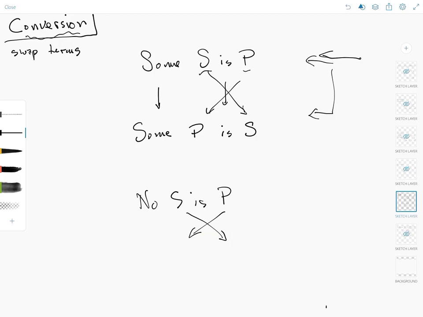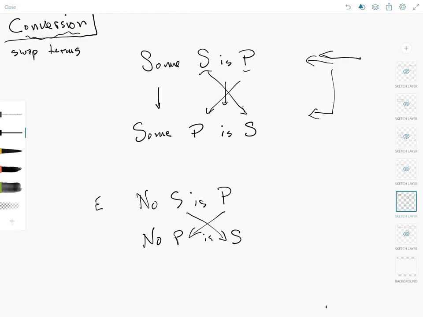So the quantity and quality will stay the same, so it's going to be universal negative. We're going to have P up front in the subject position. Our copulative verb stays the same, and we have S in the predicate position. So here we go. We've got an E proposition as our premise. No S is P. Applying conversion, we end up with the proposition no P is S, just by swapping the